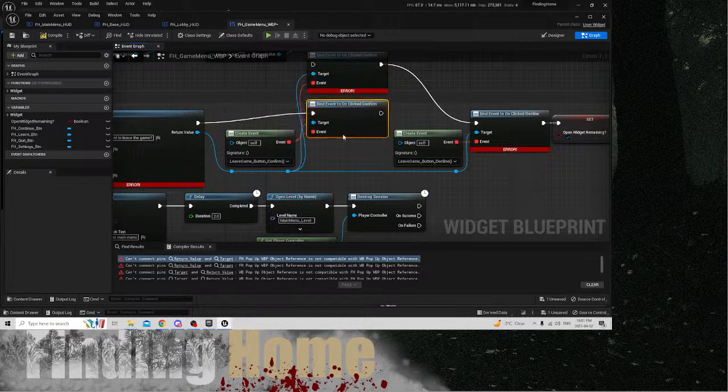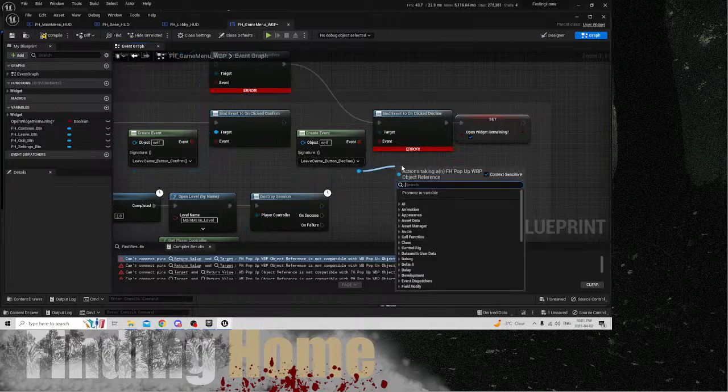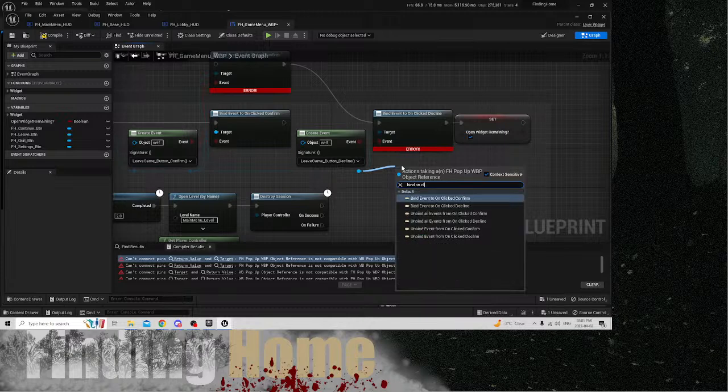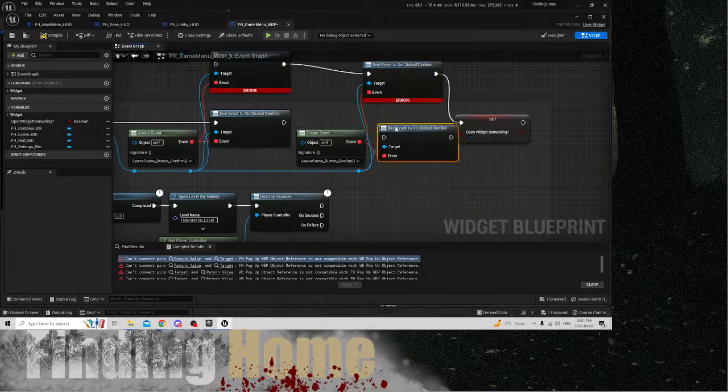We need to throw this up here. And instead of just throwing this into here, we also need to do bind on clicked declined. We need to attach this here. Throw this up here. We can now go across here, and we could go in here. And with this,